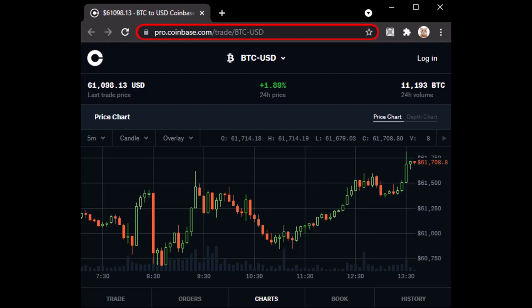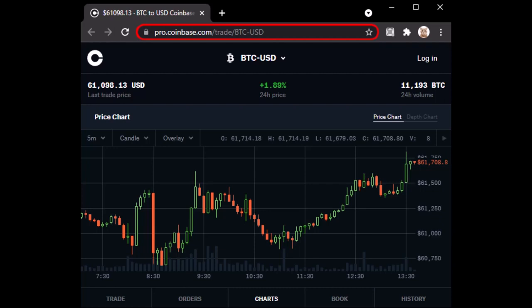Now, the method I'm going to show you is through a bank wire transfer, and a wire is the electronic transfer of money from one bank to another. When you execute a bank wire transfer, you effectively instruct your bank to transfer the cash from your account to your Coinbase account. So in order to initiate a wire transfer from your bank account to your Coinbase account, just